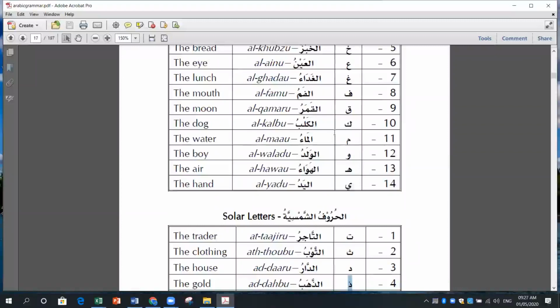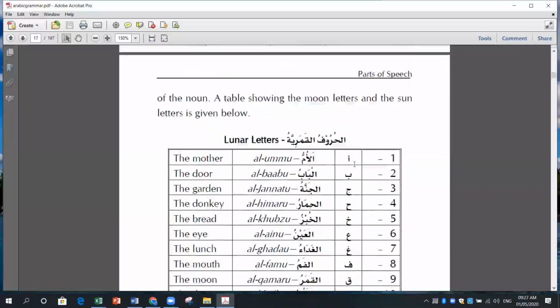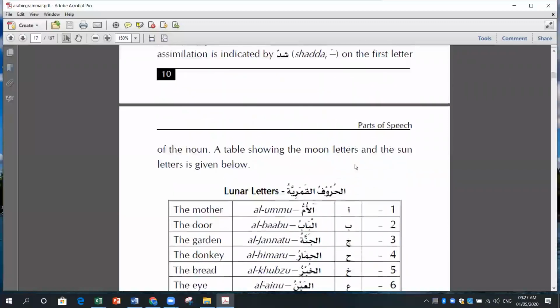Yes, Vinita, you want to say something? Yes, miss. Last time you told us that we have three kinds of ism, which are noun, adjective, and adverb, right? And today you have introduced verbal noun as well. Yes, you can add this also. Okay, I will add this also. Thank you. Welcome. Any other thing?